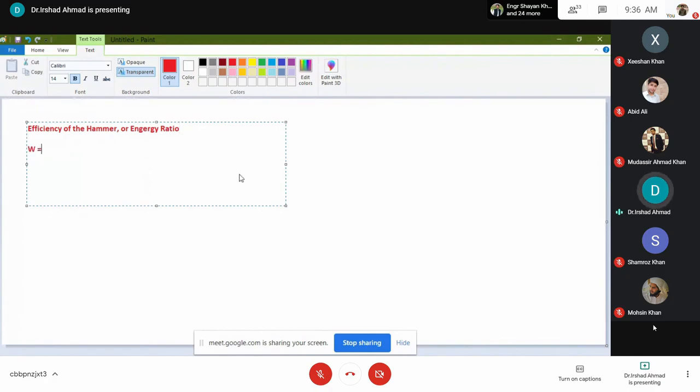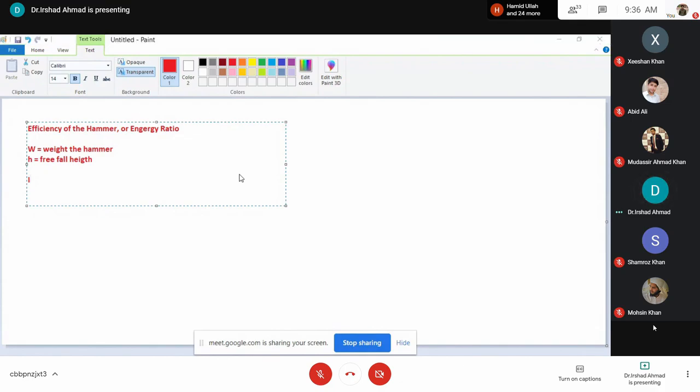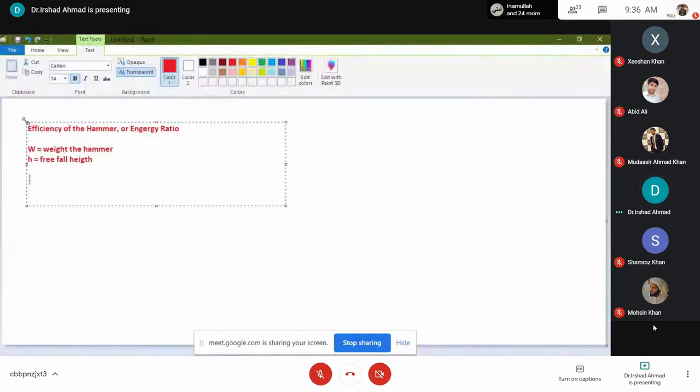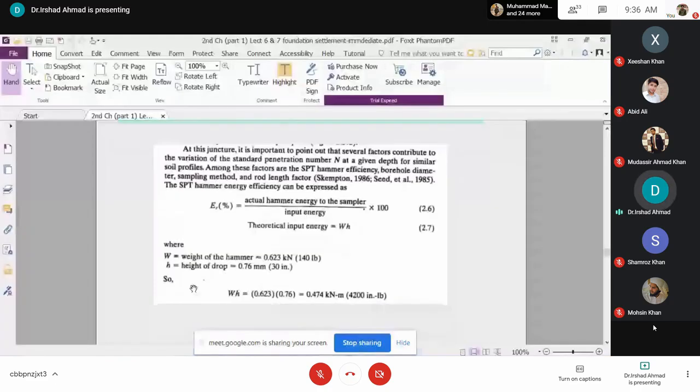If W is the weight of the hammer, H is the free fall height, so the input energy, actual hammer energy, sorry, input energy, would be equal to W into H. That is the energy that is imparted to the